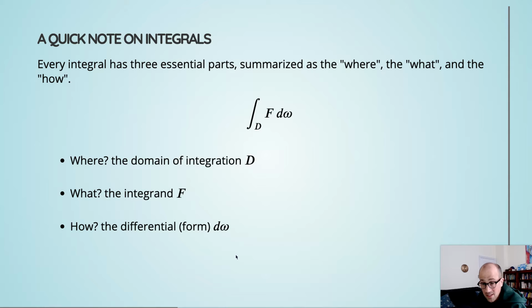Still true, all our integrals are Riemann sums. They are limits of Riemann sums, so we're going to be adding up the value of a function times some measurement in the domain, and we do that all over the domain, and hopefully the limit converges, as it does in most practical cases. Okay, so let's dive into